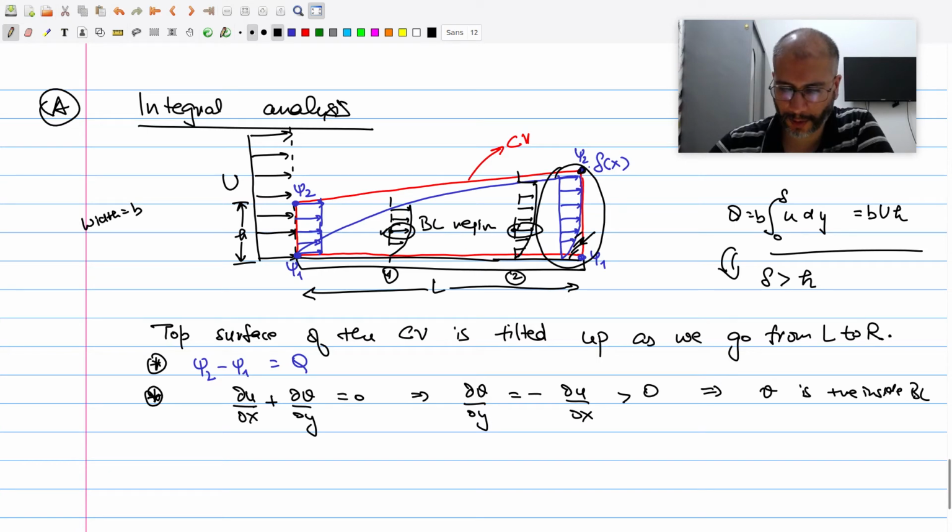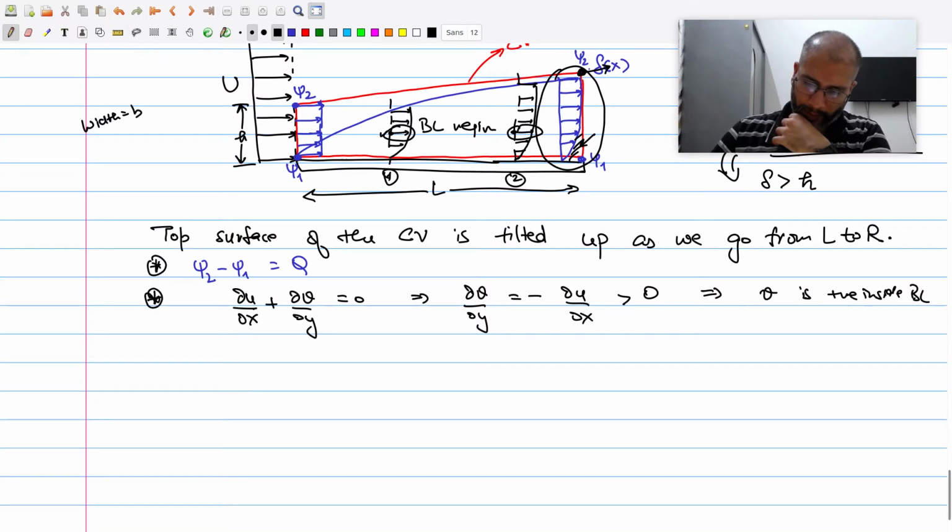So if you see at this point on the edge, then the flow vector will not be horizontal, it will be tilted slightly. So if the flow is tilted, that means that the streamline is going to be tilted up slightly. This is just a way to get a feeling for that. So we'll come back to the main idea.